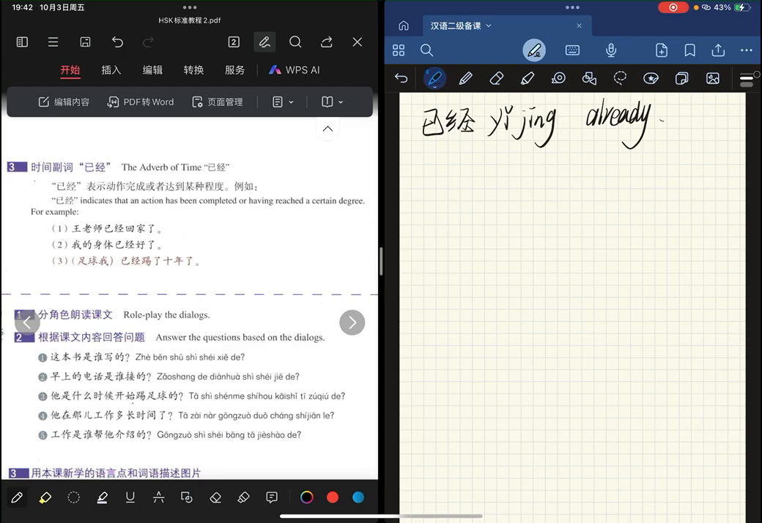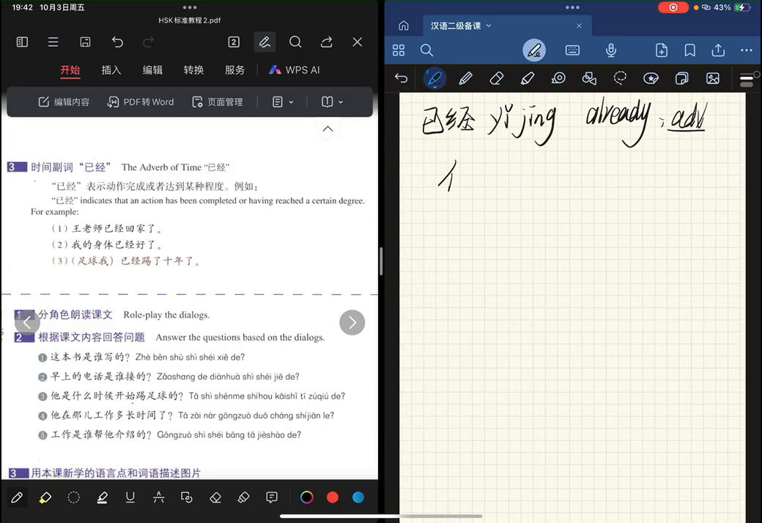So for example, 已经 means already, it's a verb, right? We usually put it before the verb. So for example, he has already gone to bed. 他已经睡觉了。